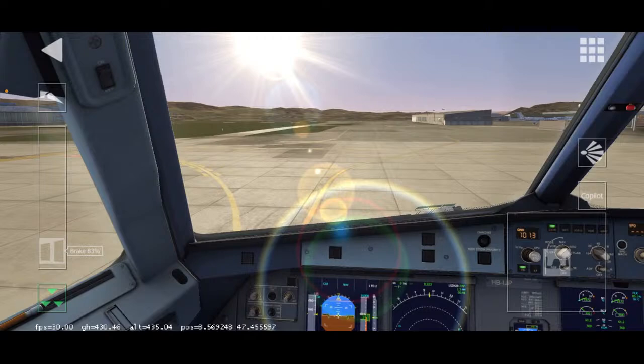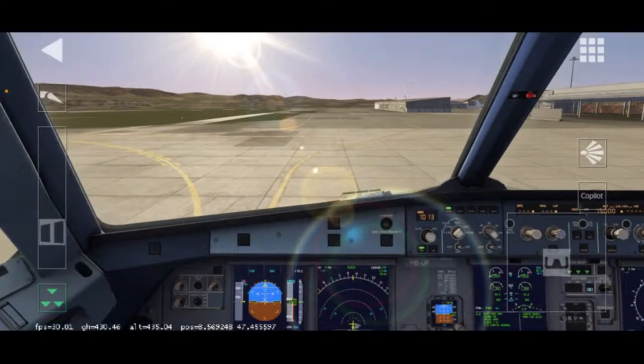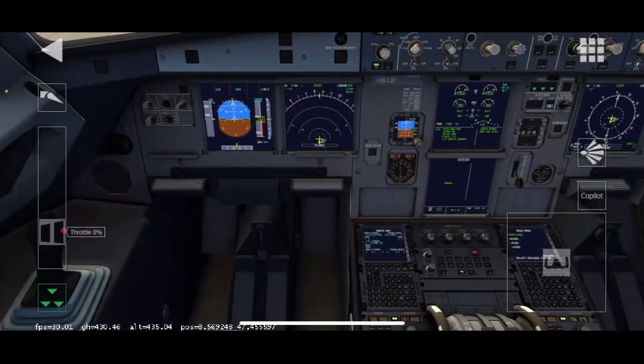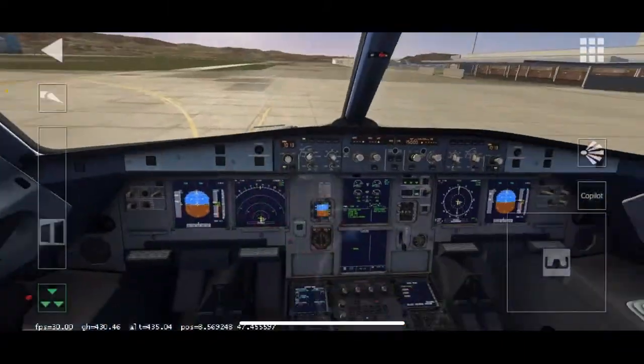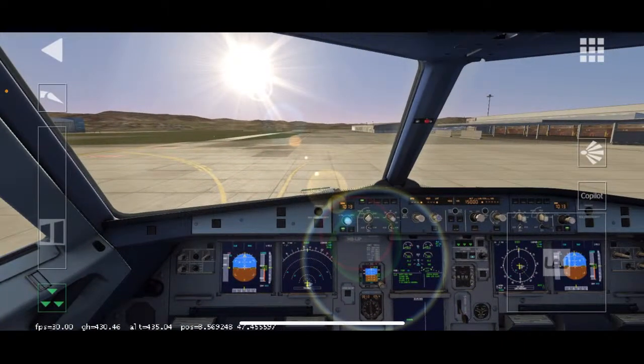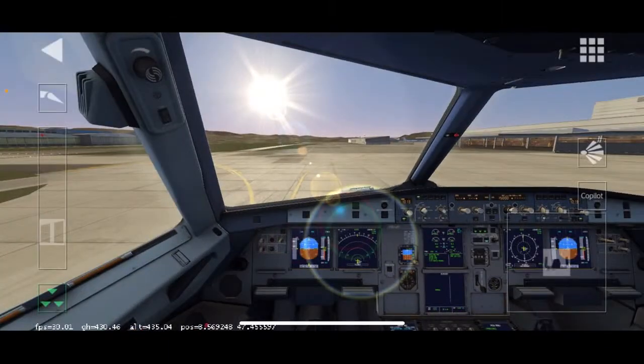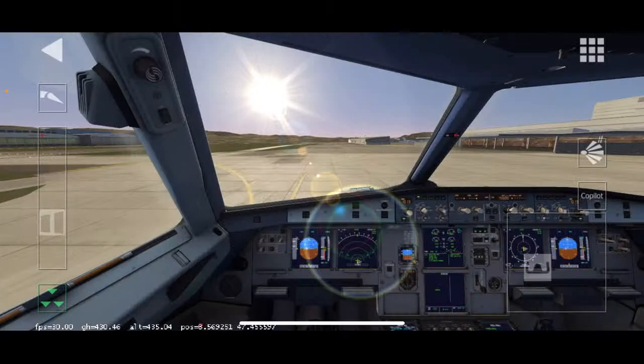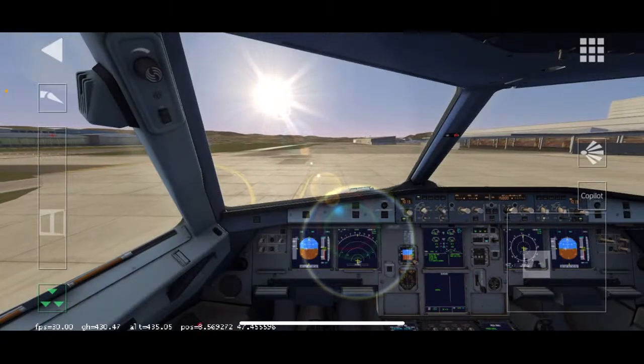Rambo says, bro, one more feature that no one knows is that if you stop and you hold your brakes, then the co-pilot will hold it for you. Oh, wait, what? 1, 2, 3, 4. I've seen that happen before, and I don't know how it happened, but if that's how that happened, I didn't even know that. It'll hold it for me. Dude, that's awesome. All right, let's start taxiing onto the runway. There's no incoming traffic. We're ready to go.